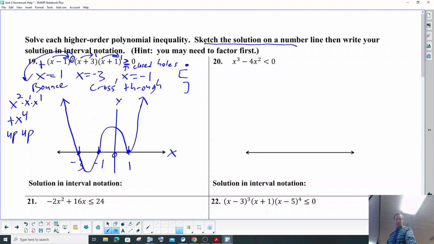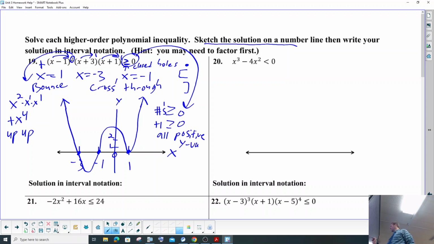Now we got to do the interval notation. So it's asking for greater than or equal to 0. What does greater than or equal to 0 mean? Well, we have some numbers. What are numbers greater than or equal to 0? Right? So a positive 1, a positive 2, a positive 3, 4, 5, 6, 7. So positive numbers are greater than or equal to 0. So we want all positive y values